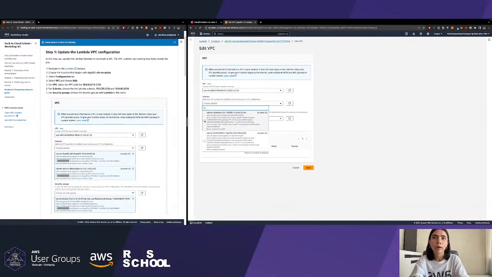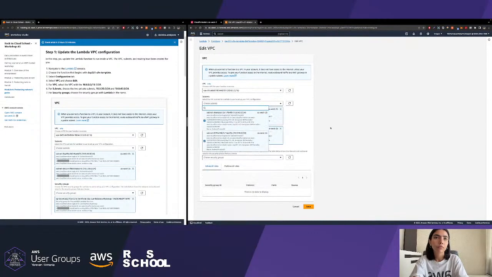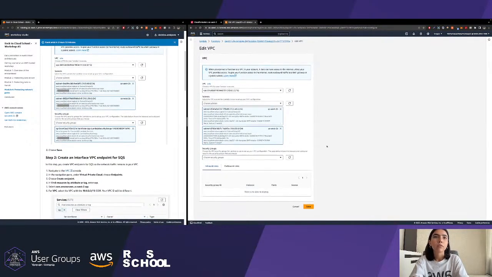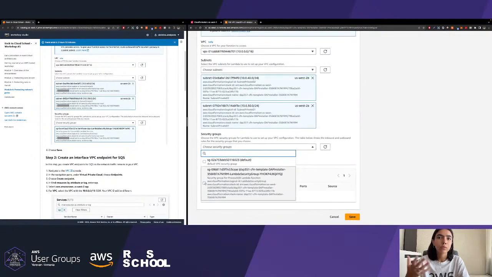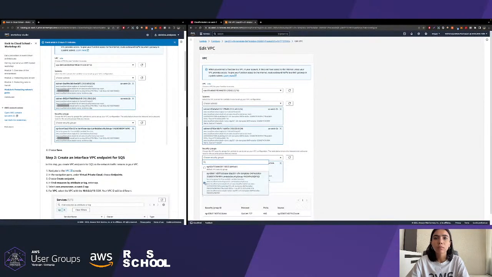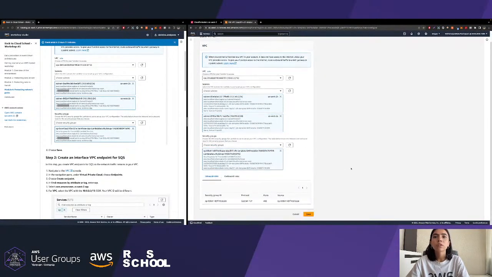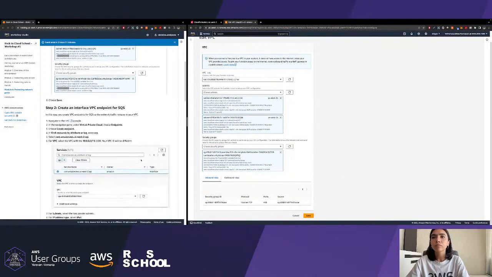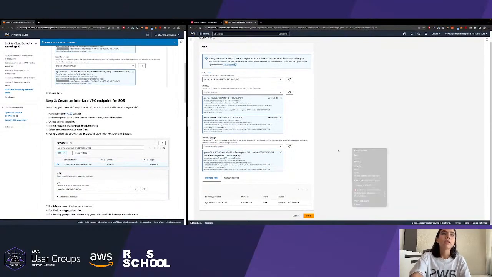So we want to bypass the internet. And for the security group, we have the one created for our Lambda function. This one, you can see, right? The other one is the default VPC security group. This one is especially for our Lambda function. We did that, so we're going to hit the save button.